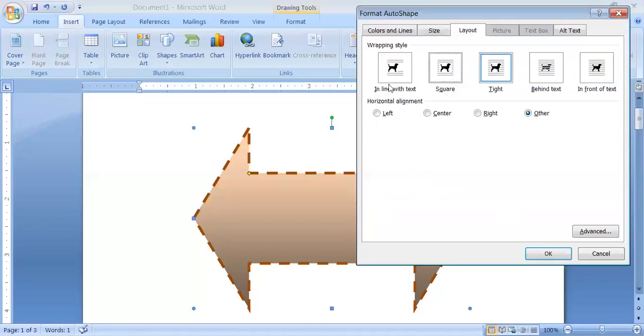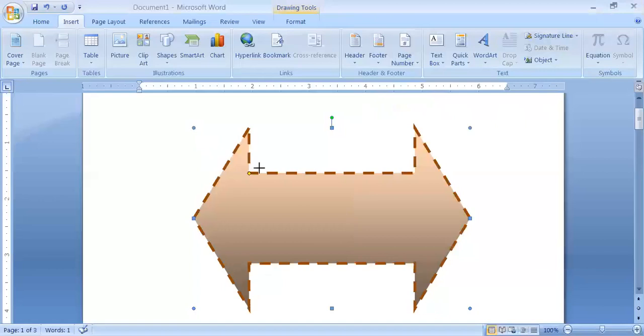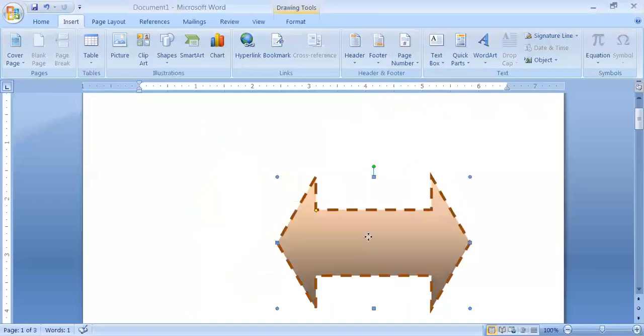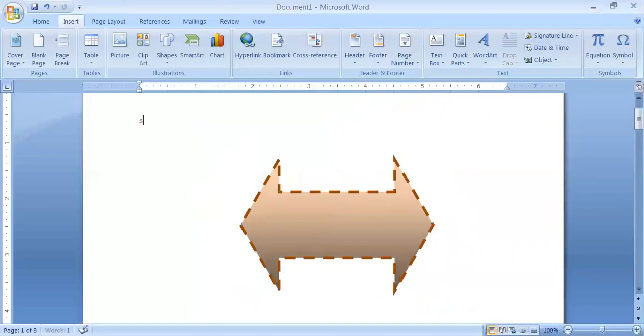in the square style. In line with text means there are a few lines above the image and a few lines below the image. So this type of text can be written with the help of the text wrapping options. Means by using text wrapping you can select any of these styles and write the text. So for example I am selecting this one and now start writing. Let's see what happens. First of all, I will change the size of the diagram and then I start writing the text. Now see what happens.